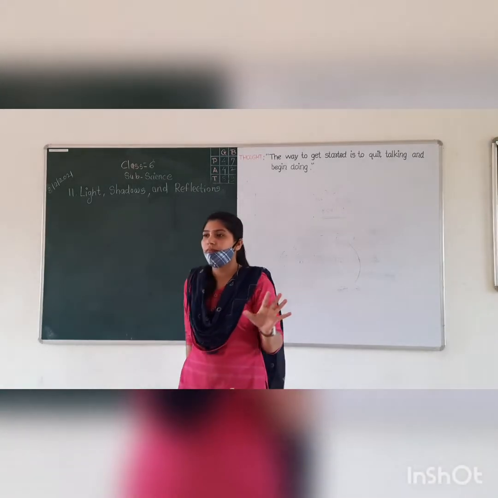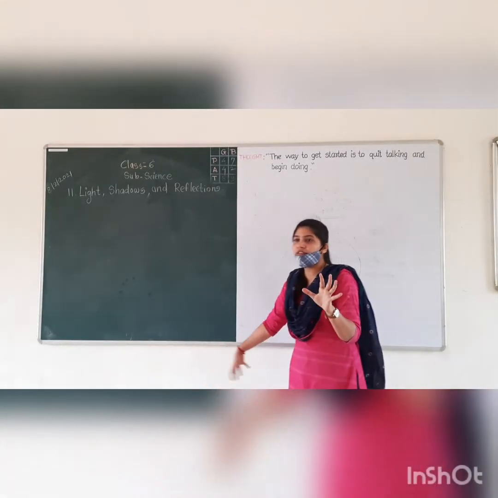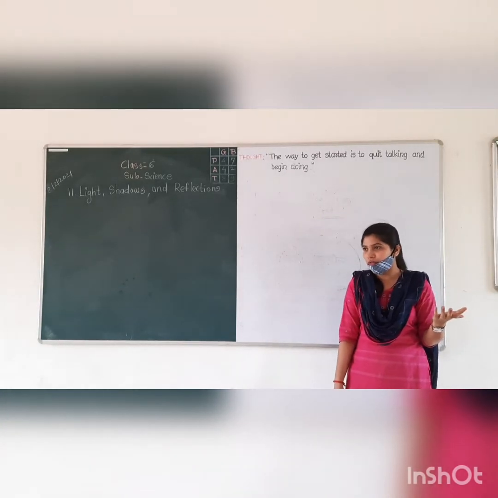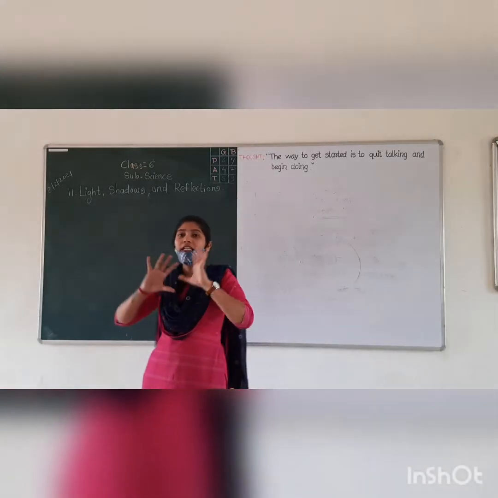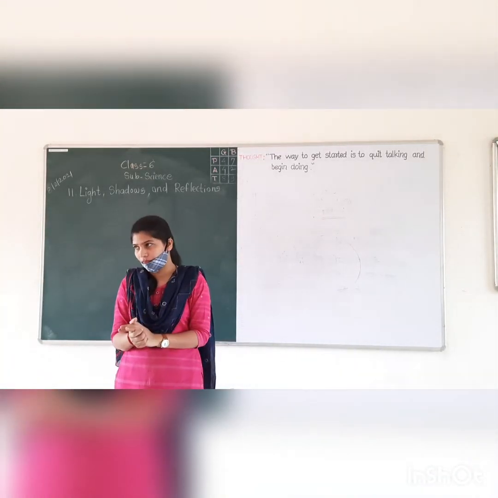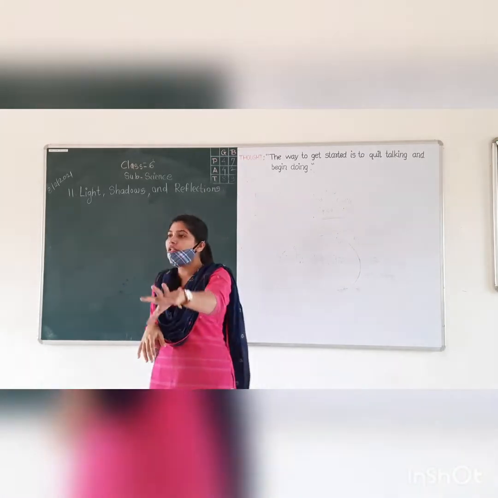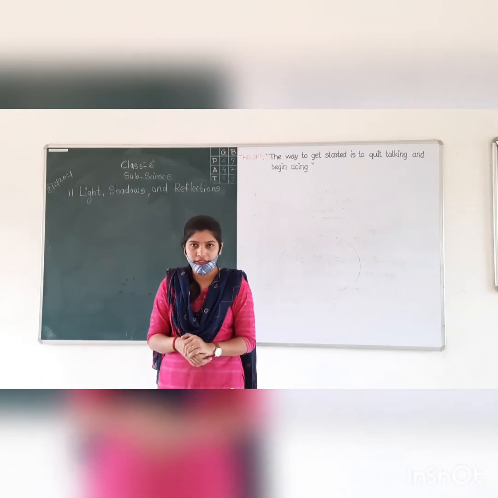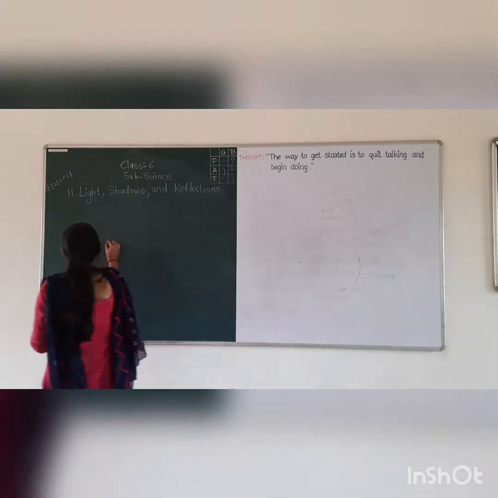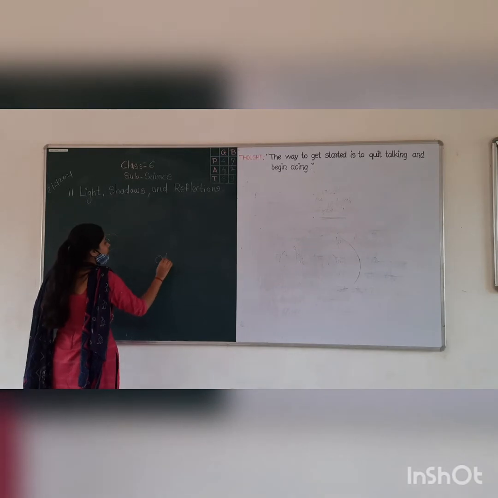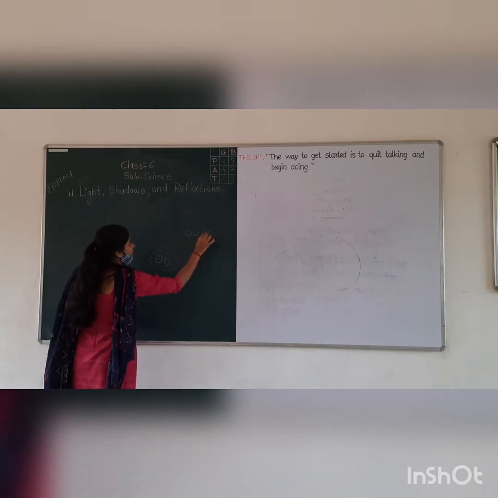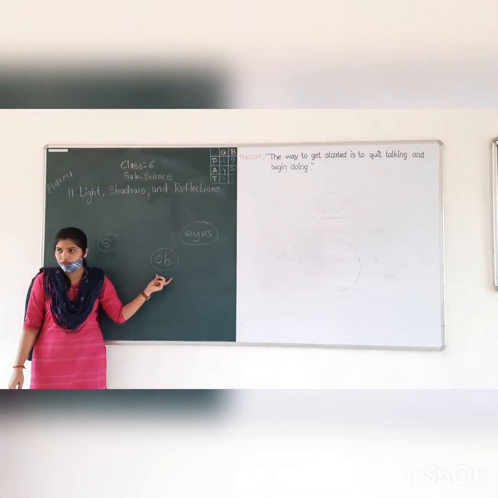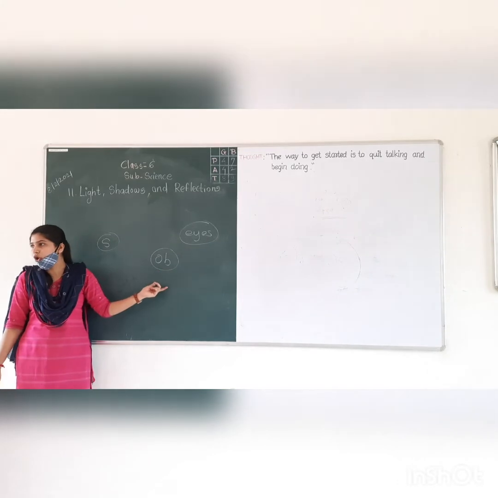Now close your eyes. Can you tell me where I am standing? No. Open your eyes. Now can you tell me? Yes. Now, if there is a dark room, I am also there, you are also there. Can you see me? No. Means the source is important. If your source is there, the object is there, and your eyes. Three things are important. Without a source, we cannot see the object. Without eyes also, we cannot see the object.